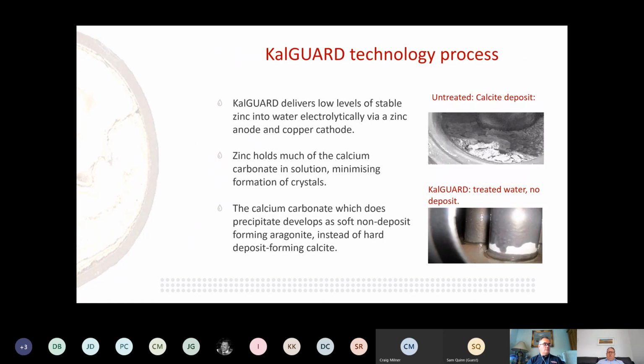Right, the process. What we basically do is introduce low levels of zinc into the system that attract the calcium particles and physically change their structure. So you go from a hard crystalline type of deposit to a very fine, I've had it explained as granular. If you look at that bottom image there, that's actually the inside of an atmospheric water heater. The guys down at